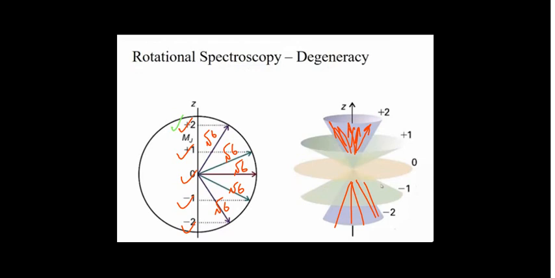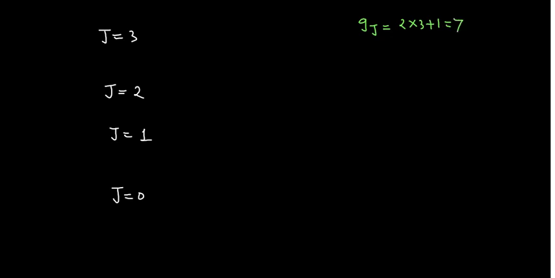Okay, now if you want to go a little further, I can solve some problems. Before solving them, I can show you certain things. Say here you have different j values: j is 3, here j is 2, then j is 1, and j is 0. If you calculate the degeneracy for these, degeneracy g_j equals 2j plus 1, that means 2 into 3 plus 1, which gives you 7-fold degeneracy.